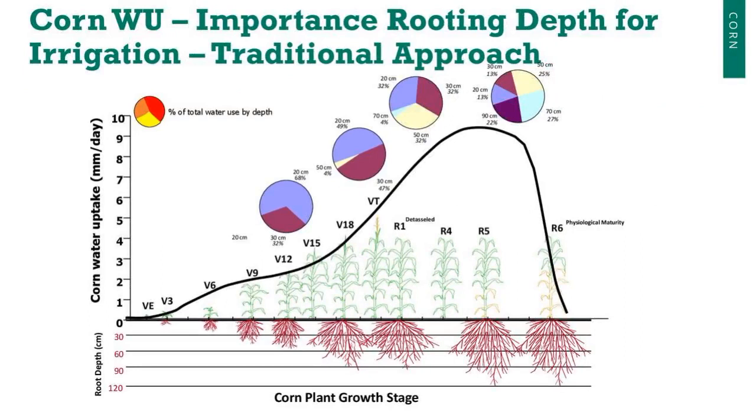So all that leads to very effective management schemes that you can apply in a nested approach. The traditional way was really to look at our crop and how much water it was using over time, and based on the stage, whether you're in vegetative or reproductive, where the root zone was, and come out with some estimate of how much water I should apply to that particular field if I was irrigating it.